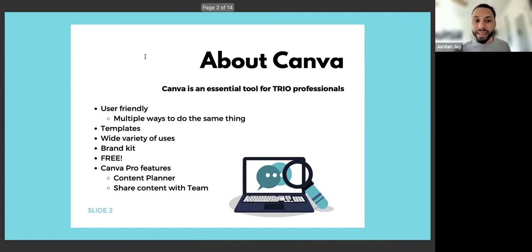The brand kit is another thing that we'll go over. It says brand kit on there, but just today or yesterday, they updated the application and it doesn't say brand kit anymore. Now it's just called brand. I saw that there were going to be some updates and some changes. I got a couple emails from Canva about that.